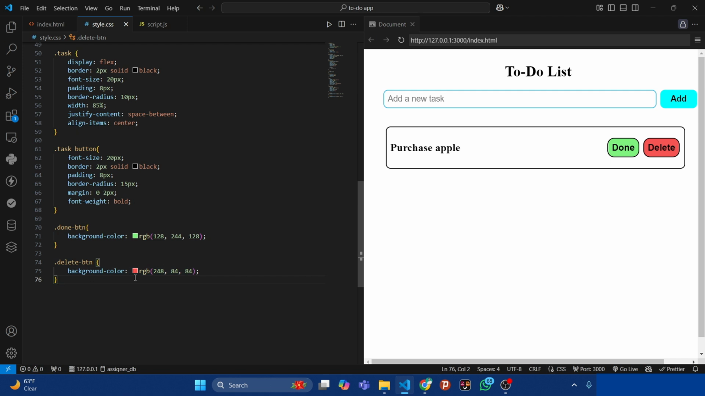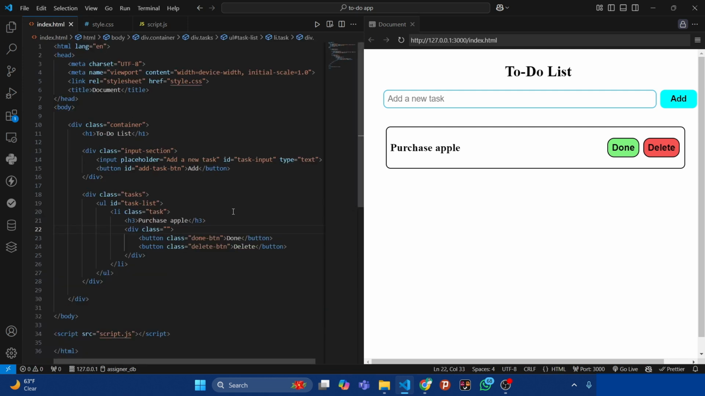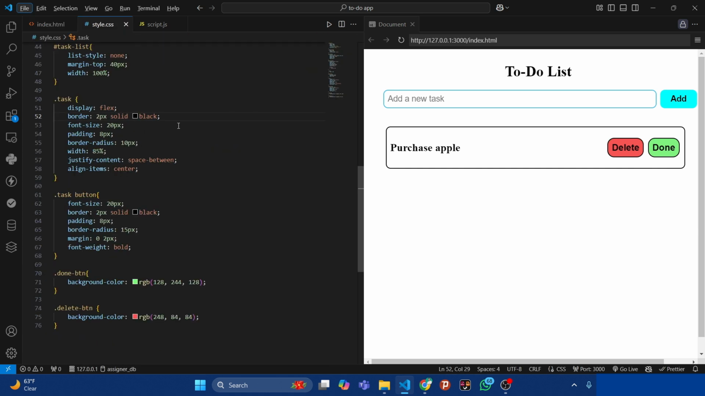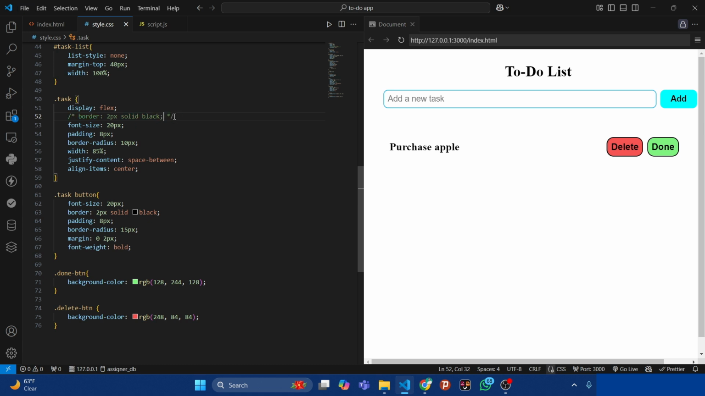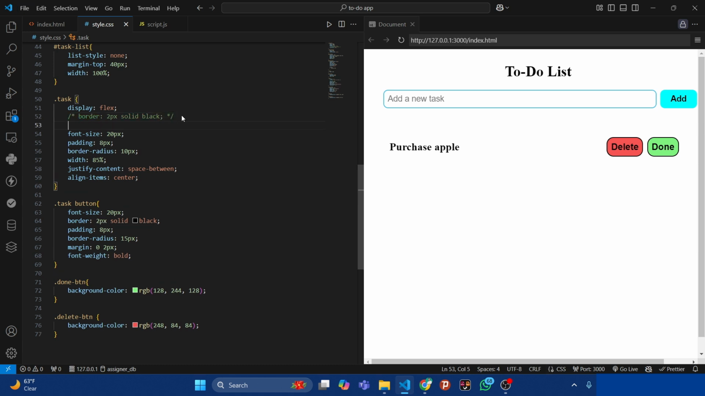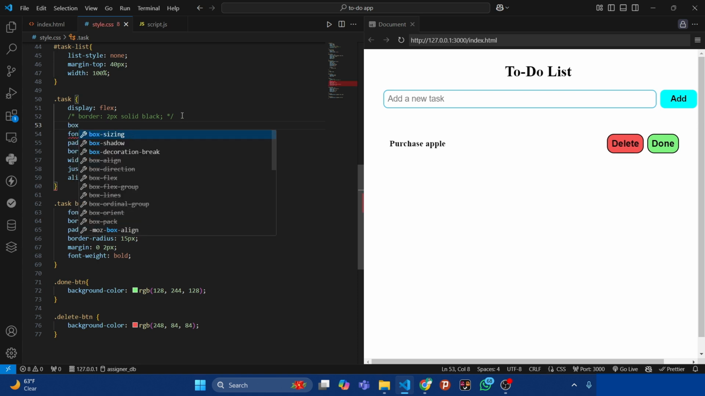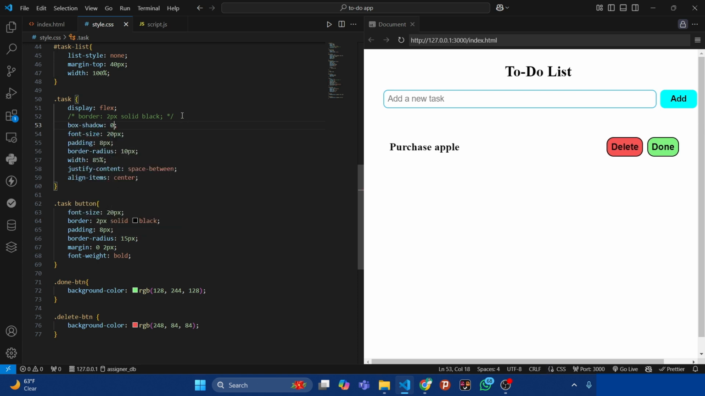Perfect. I think the delete button should be before the done button, the position. Yeah. And for the task, instead of having a border, let's add a shadow effect. So adding a new property called box shadow, then setting the values